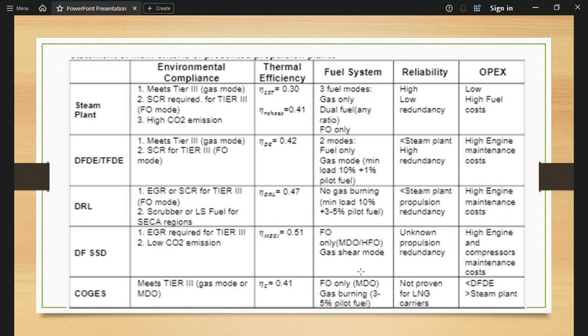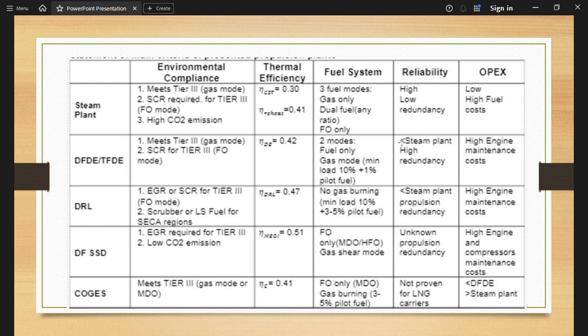Now we'll see the difference between all the engines based on the parameters of environmental compliance, thermal efficiency, fuel system reliability and OPEX. When we speak about the steam plant, it meets tier 3 in gas mode, SCR is required for tier 3 in fuel oil mode, high CO2 emission, the efficiency is 0.3, which can reach 0.41. Fuel mode is gas only, dual fuel any ratio, or fuel oil only,